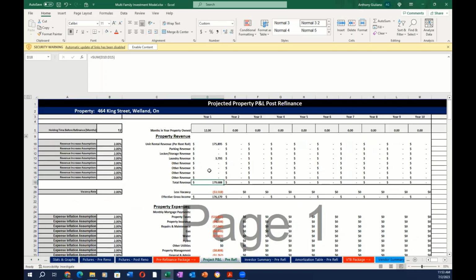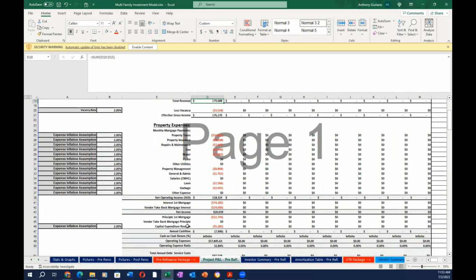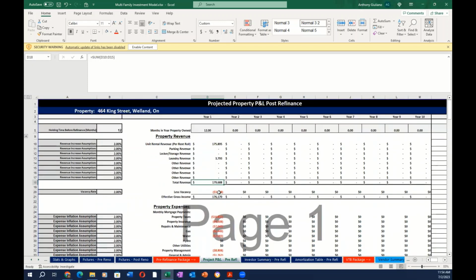what our P&L is going to look like for the year or 2 years that we're repositioning the property. It's probably not great in the initial 2 years. The annual cash flow is about a negative, but you'll be able to show your investor, this is what our P&L will look like during the 2 year repositioning period. And then here is the 10-year projection. Sorry, the pre-refinance one goes out to 10 years because this will be used more so if you're not